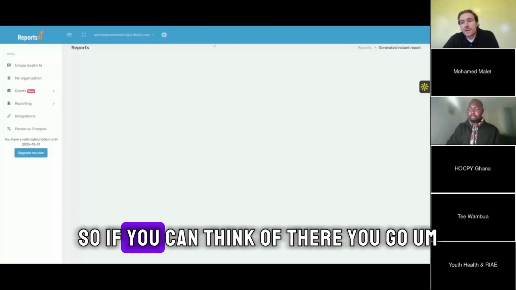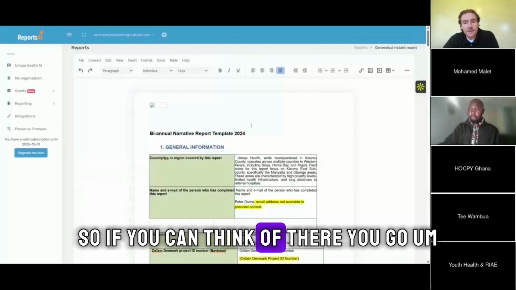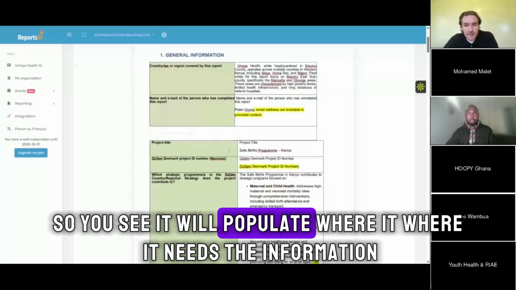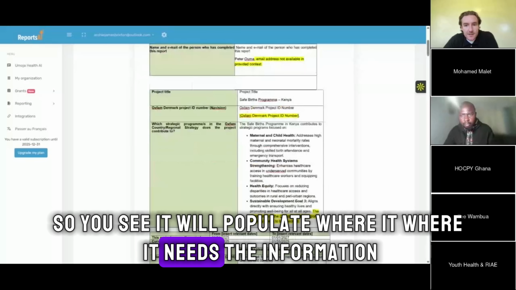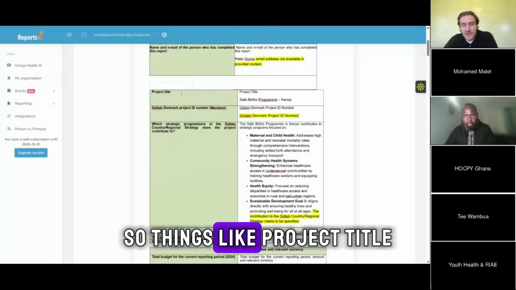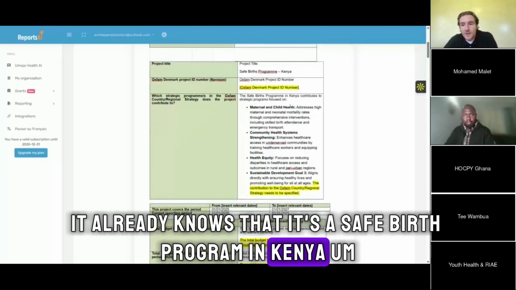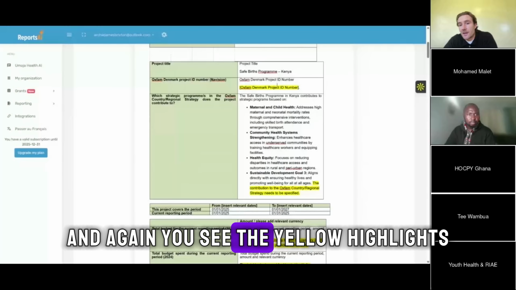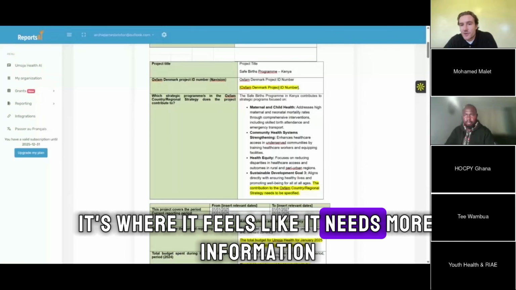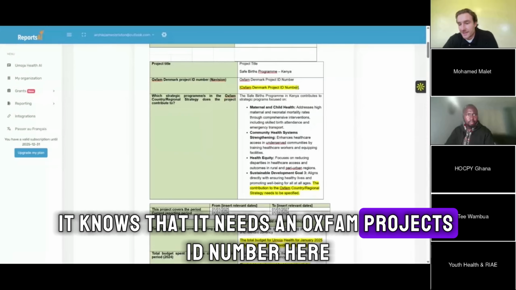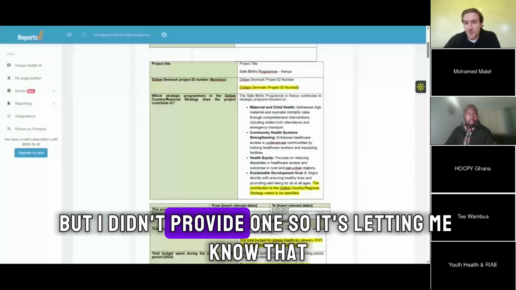But yeah, oh, there you go. So you see it will populate where it needs the information. Things like project title, it already knows that it's a Safe Births program in Kenya. And again, you see the yellow highlights. It's where it feels like it needs more information. It knows that it needs an Oxfam project ID number here, but I didn't provide one, so it's letting me